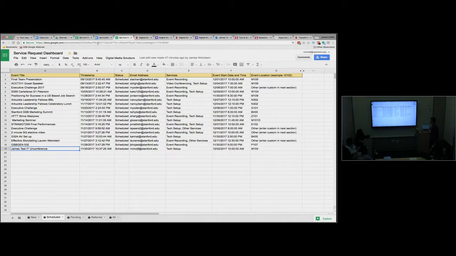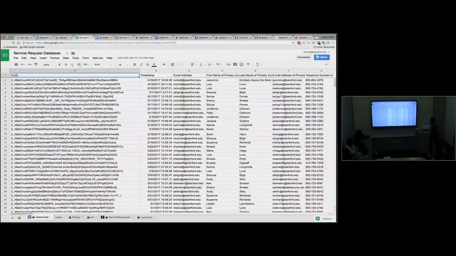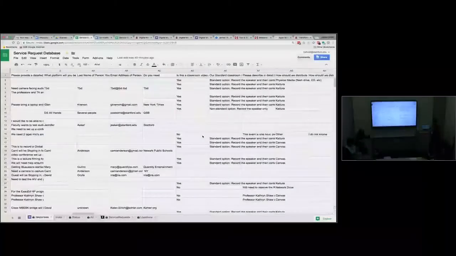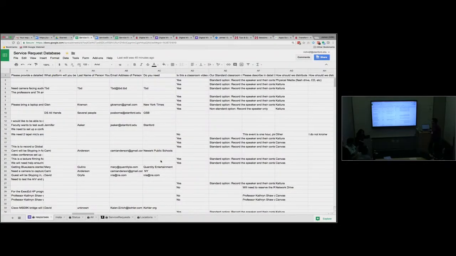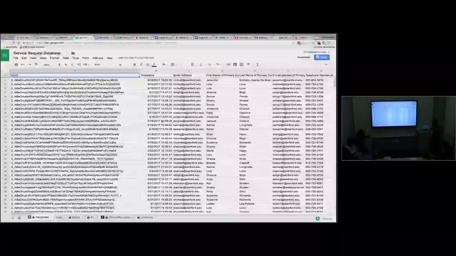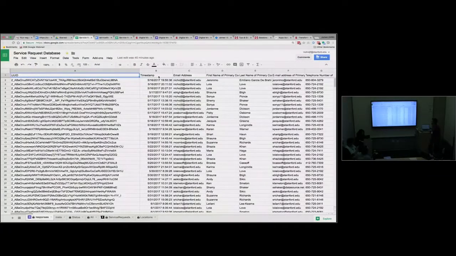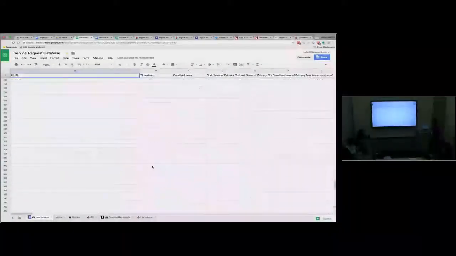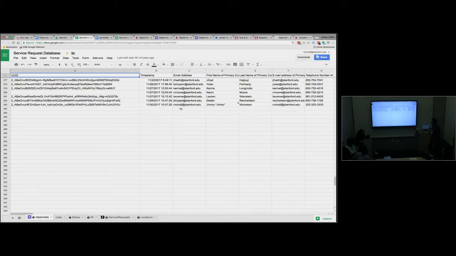So then when that happens, here, you can see all these rows here. I have a ton of, we have a pretty big form just because we request a lot of data. When this happens, then it automatically gets entered into the bottom here. Here's our newest ones. This is the one that I just submitted. So that automatically goes here, and then with the